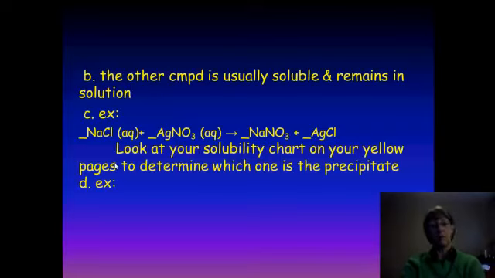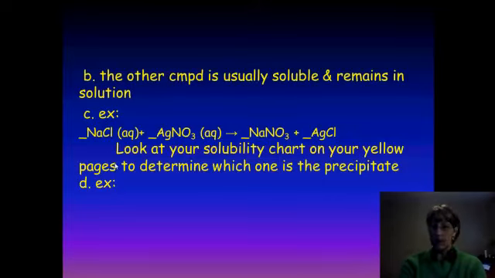Okay, so here's an example. We have NaCl, which you already know what that is, plus AgNO3. So Ag, name the first element. NO3 is a polyatomic ion, name the polyatomic ion. So we have sodium chloride plus silver nitrate. And notice they're both aqueous. They've got that aq beside them. That means they're both dissolved in water already. And it's going to produce two things. It'll produce NaNO3, sodium nitrate, plus